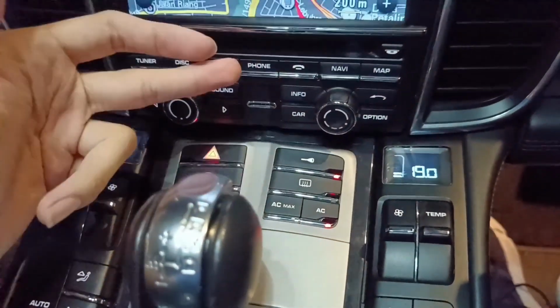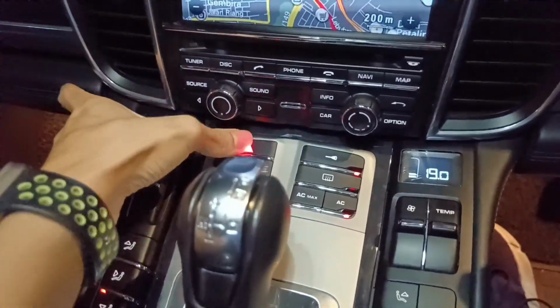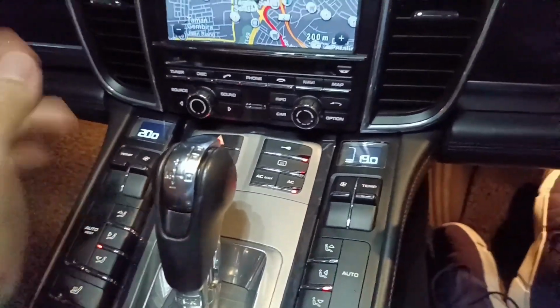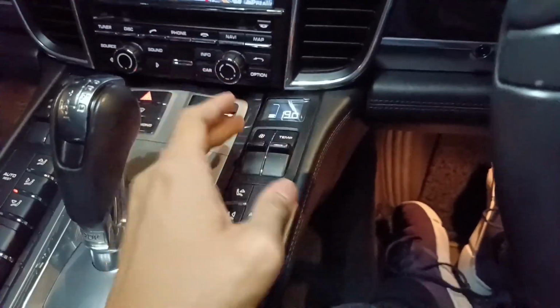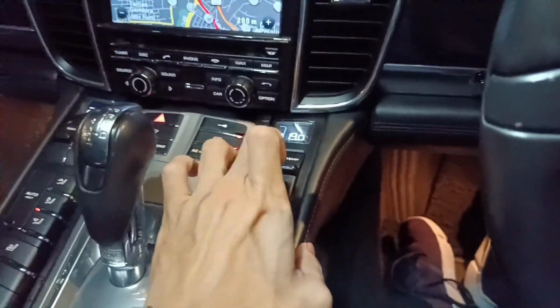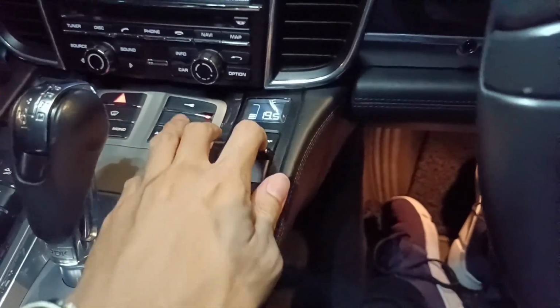So this is the central locking. This is a hazard light. All the buttons are finished in very high quality tactile feeling. Expected, because this car is not affordable. It's 1 million plus back in the days. You get dual zone climate for the front, fan speed and temperature,